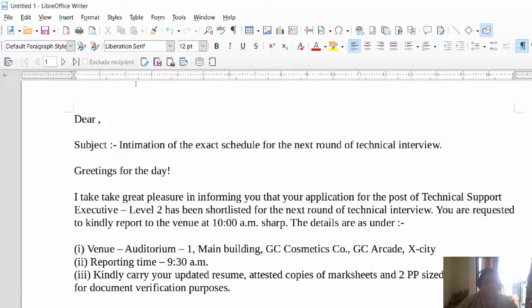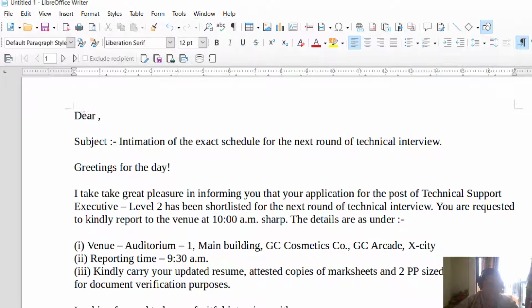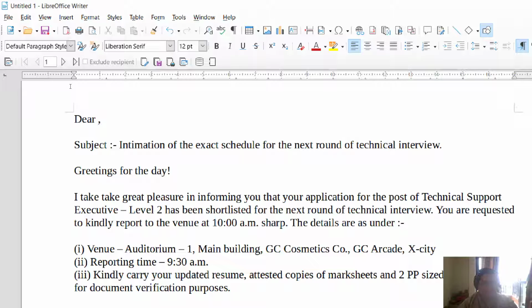Now we are back at our document. Now we are going to insert our fields, also known as merge fields. I'll click on this location just after dear, and now we will be inserting all the required fields. For this purpose I have already placed my cursor before this comma. This area is going to contain something like Mr. Amit Joshi. We are not going to type this, rather we are going to insert the fields here.